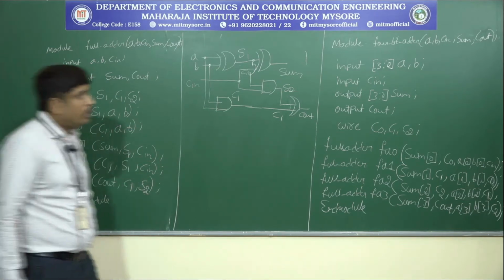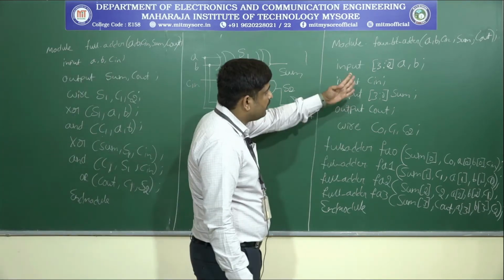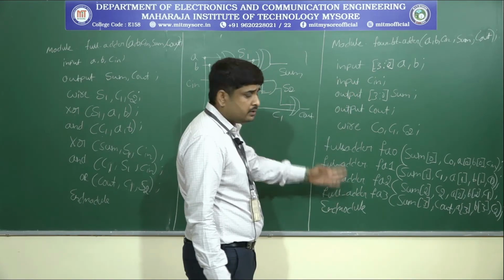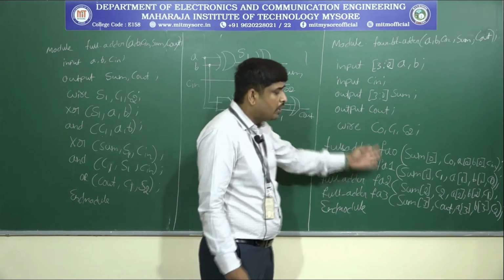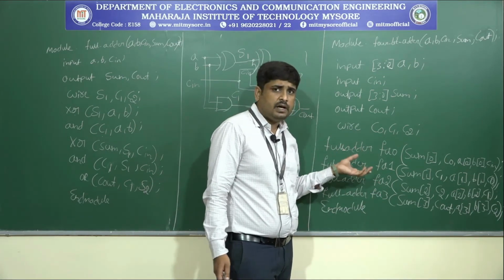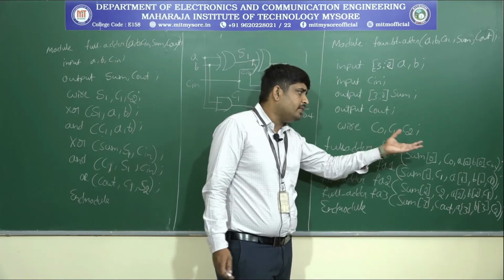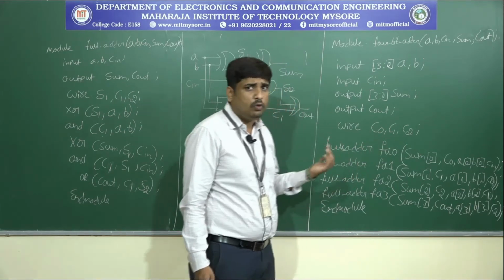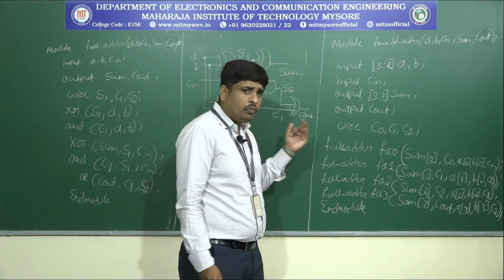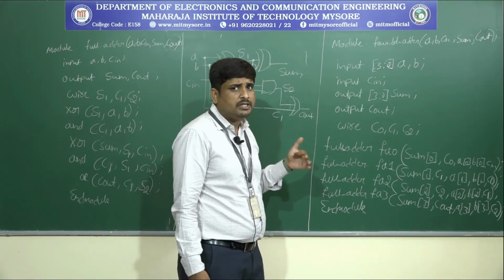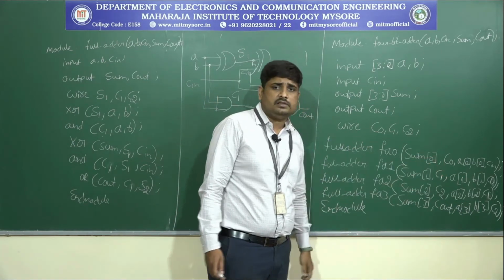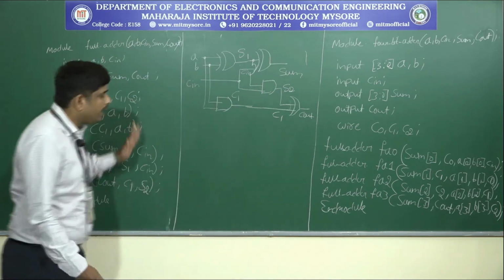Once you write the gate level description for the 4-bit adder, here you instantiate the full adders. All the full adders perform the same operation, there is no difference, right? All of them have 3 inputs and 2 outputs. That's why we write one full adder circuit. That one logic is enough, and we apply it for all the instances.